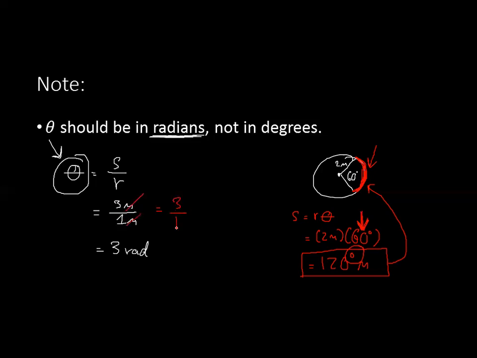So we have 3 all over 1. So the answer here is 3. In other words, it is unitless. There are no units. If that's the case, then why do we have radians? Let me give you a recall. Recall that when you're going to find an angle by dividing the S by R, you need